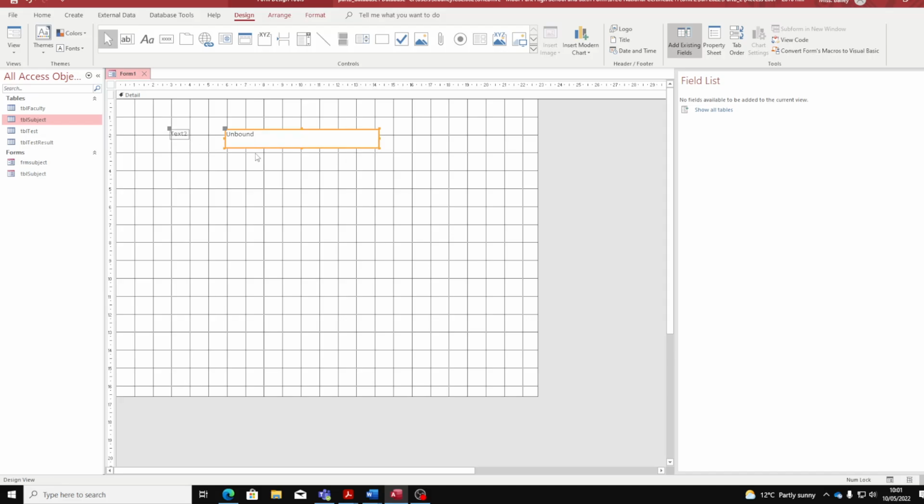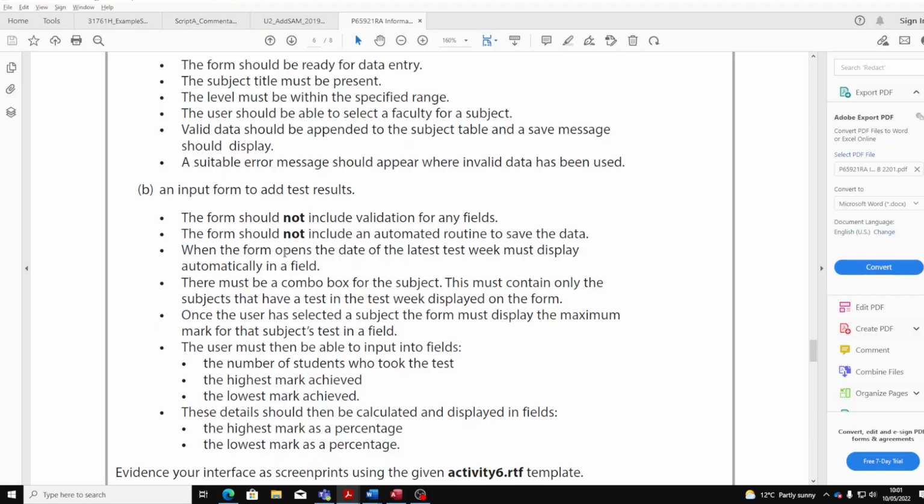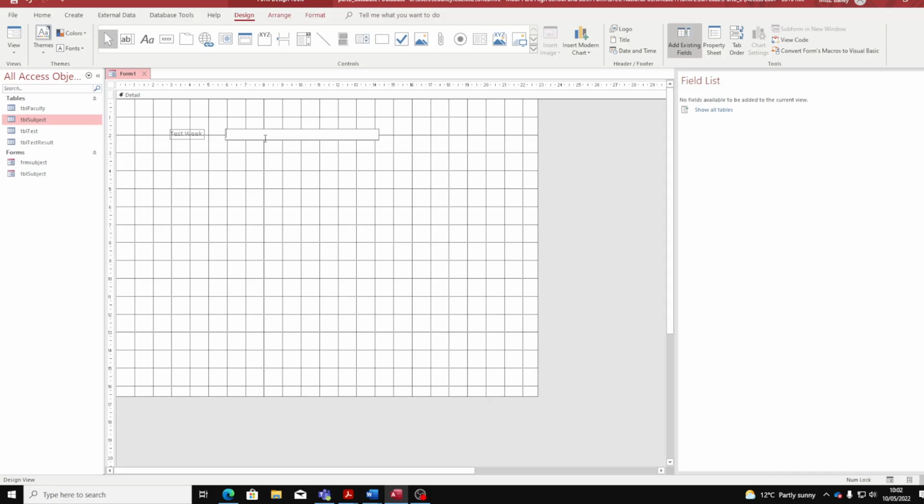Okay, just for good practice as you're doing this, we want to put in something like test week, so the user knows exactly what that data is for. So again, let's just quickly check back. It says the form opens the date of the latest test week. Okay, so I'm going to write in a formula, and then I'll just explain to you what that formula means. So if you put in equals DMax,